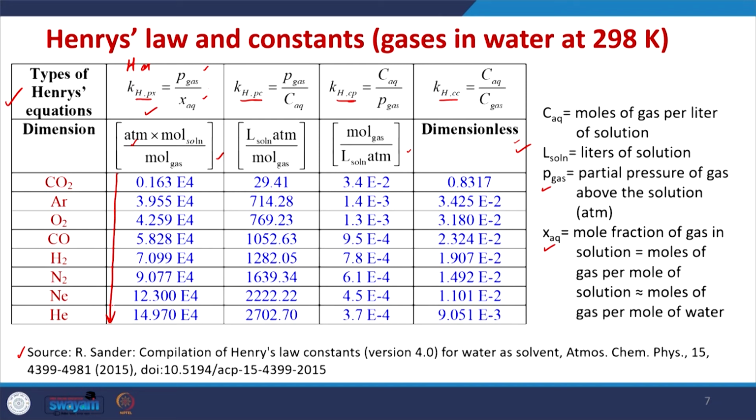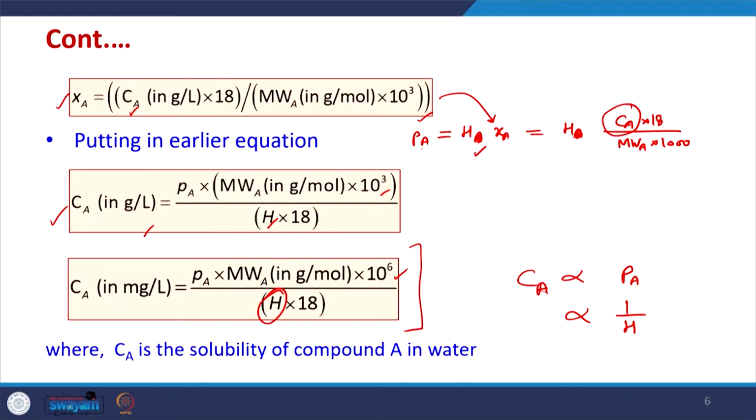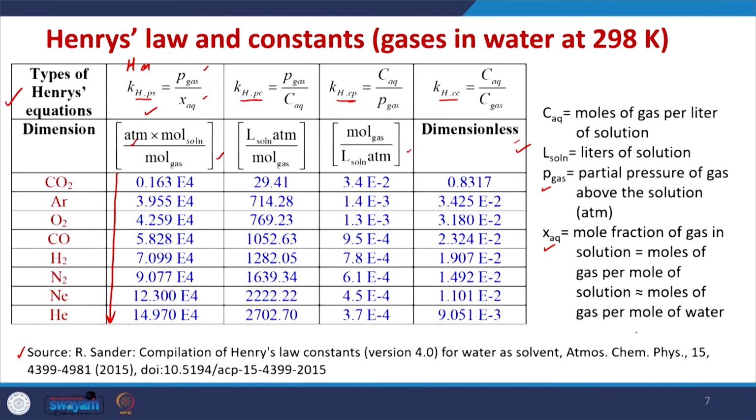Okay. So, this is one thing which is given here, the values are always increasing. Now, in the previous slide we had discussed that the C A is directly proportional or inversely proportional to H. So, that means if the partial pressure of gas is constant, or otherwise we can put it like this. We have a closed enclosure, okay, and it is having certain water filled